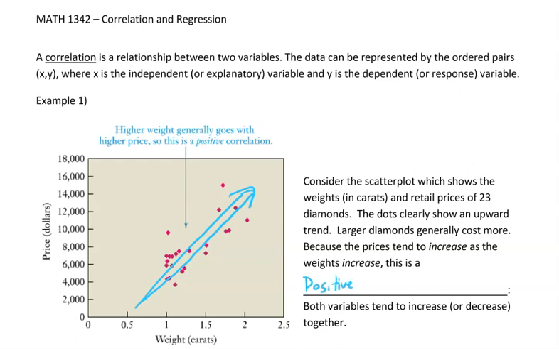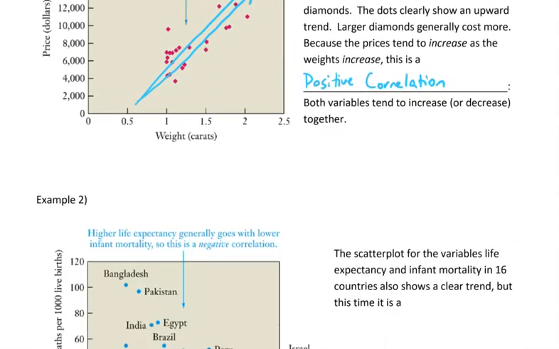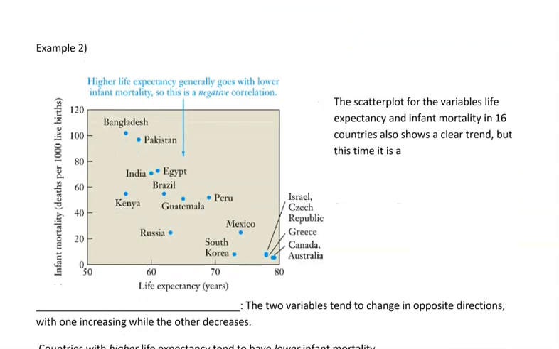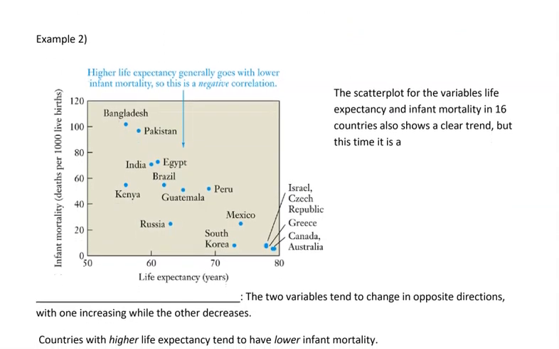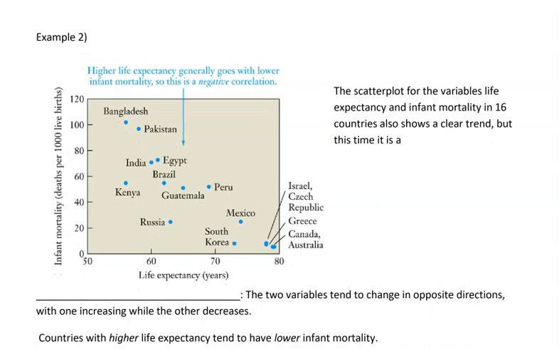positive correlation, as both variables tend to increase or decrease together. In example 2, we see something that's the opposite. So in this one, it is a scatter plot of life